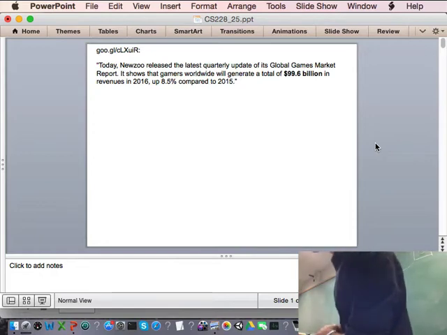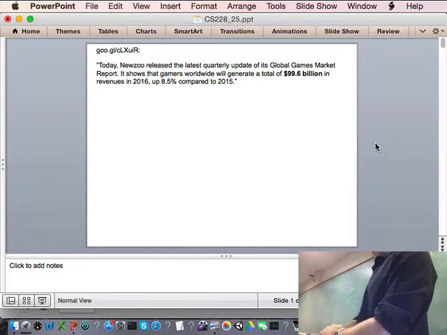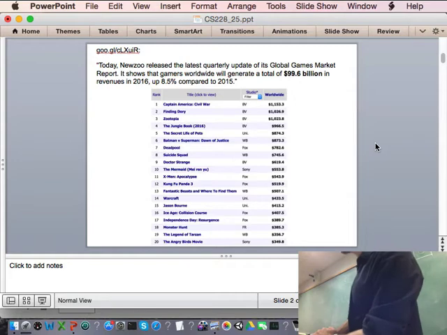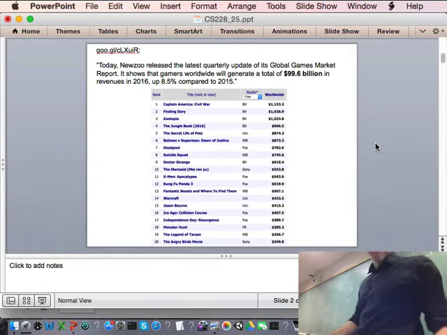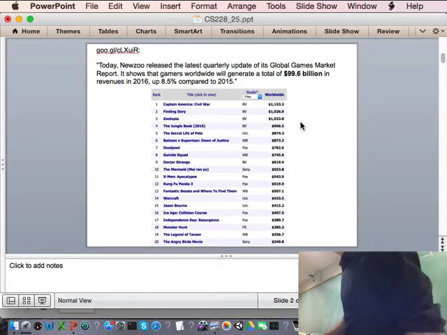So 2016 isn't quite over yet, but it's projected that worldwide revenues from video games is almost 100 billion. How big a number is that? Well, by comparison, here are revenues from the top grossing Hollywood movies this year. There's a long list. I cut it off with just the top 20. So the top 3 movies this year have each grossed 1 billion, so the top